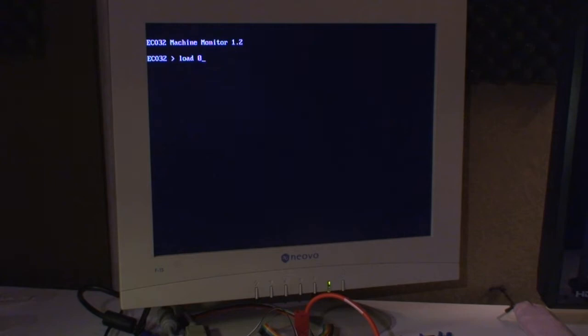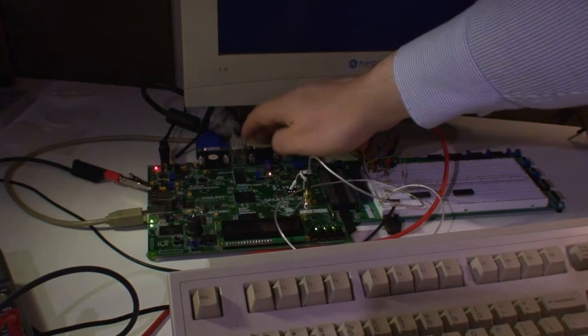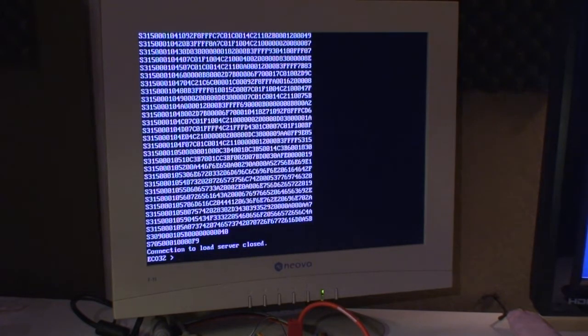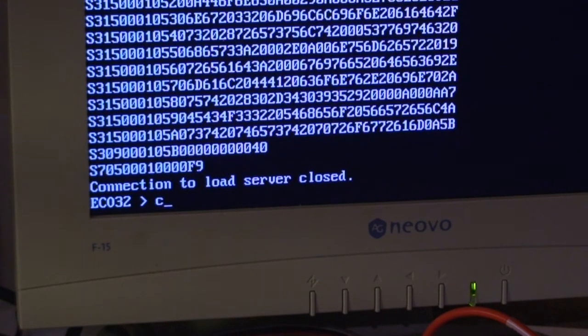and take the Intel or Motorola formatted binary. It will view you and call it hexadecimal. It does anyway somehow transfer over the serial port right there from the computer with the serial port. It serves the program as a binary file to the Eco processor. Then I can type C to start the program,